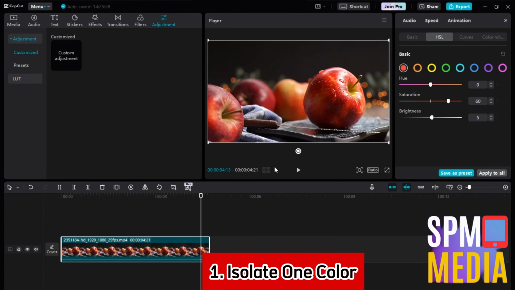All you have to do is to import or add the video and then go to adjustment. Here, you have to set all the saturation to 0 from orange, yellow, green, blue, purple, pink, and just choose one color. So I'm going to pick this color red and I'm going to increase the saturation of color red since the apple